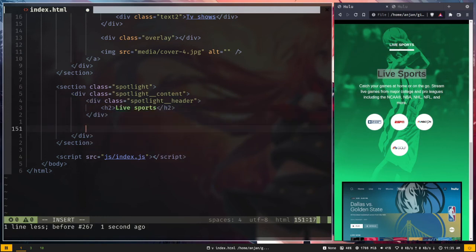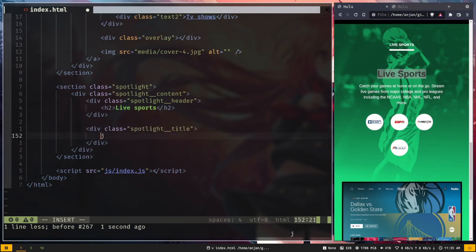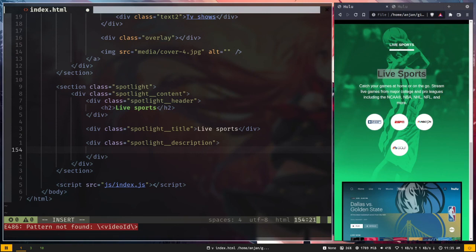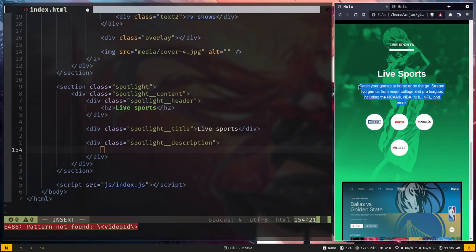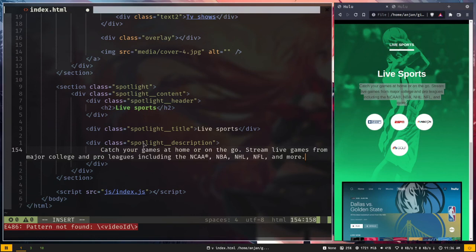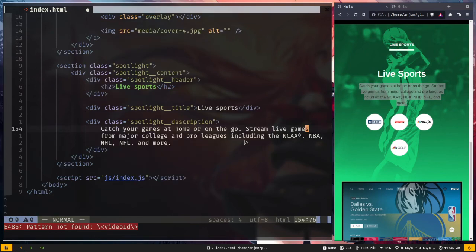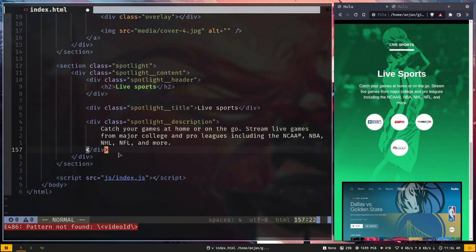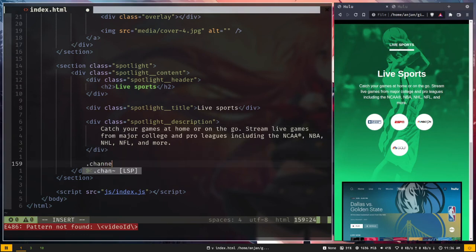Then we will have a spotlight title, and the text will also be live sports. Then we need a spotlight description. Spotlight description. And I'm just gonna paste the text from here. And then we will need a container for the channel stack to contain all of these logos. So channel stack,